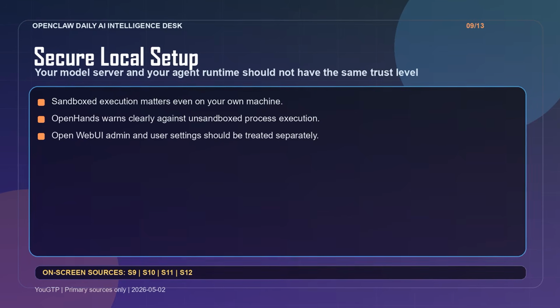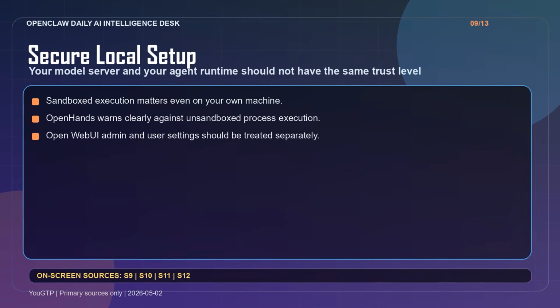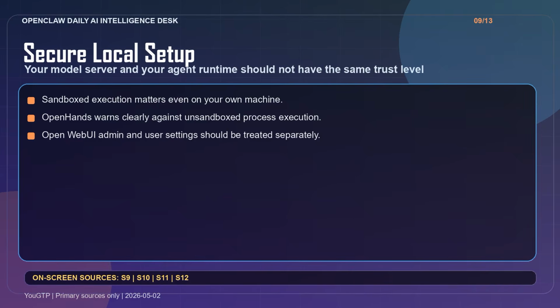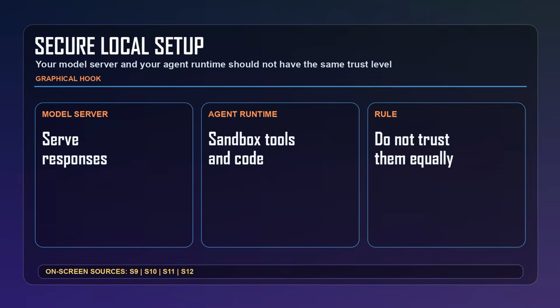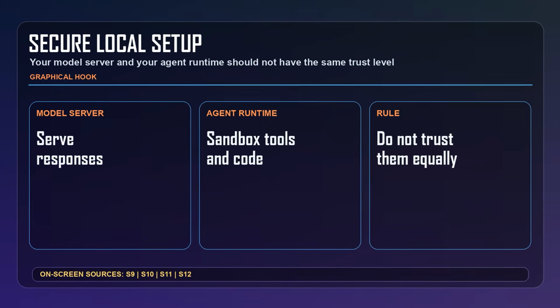This is the part too many people skip. A strong local AI setup is not just a fast GPU and a cool model. It is a boundary decision. If you only remember one thing from this section, make it this. Your model server and your agent runtime are not the same thing, and they should not be treated with the